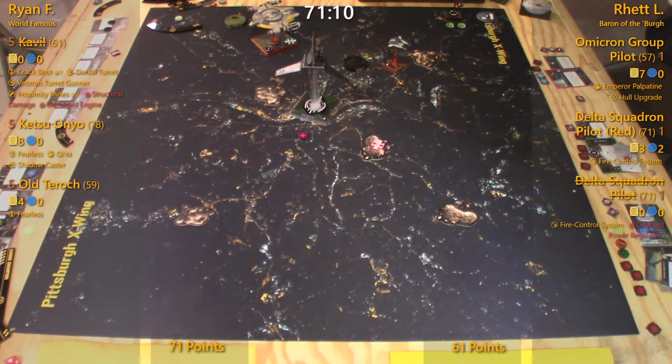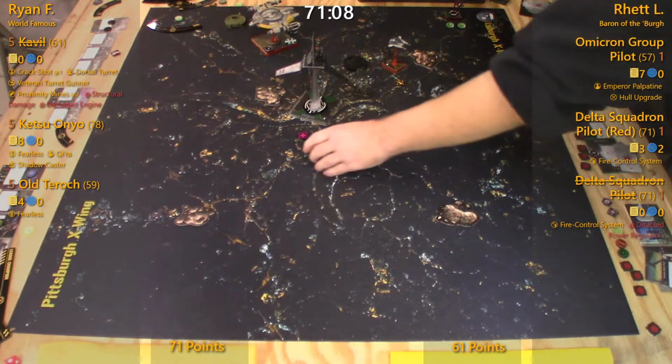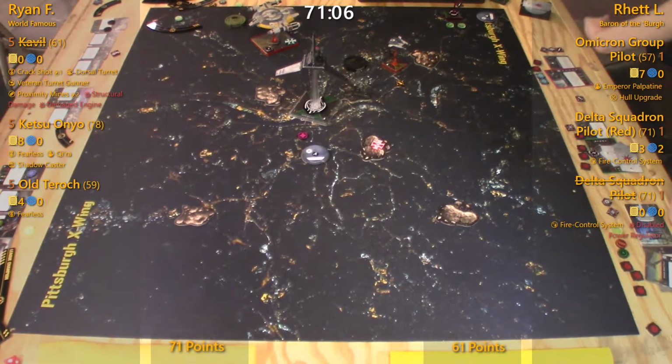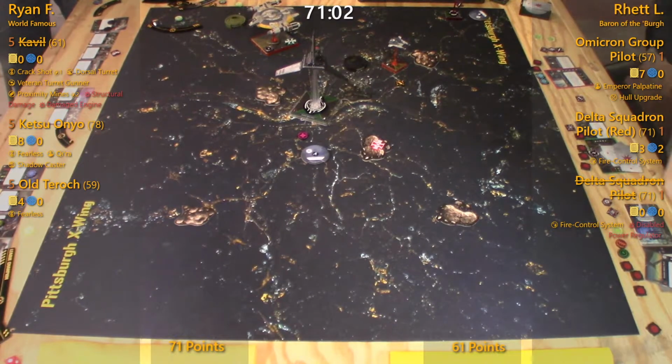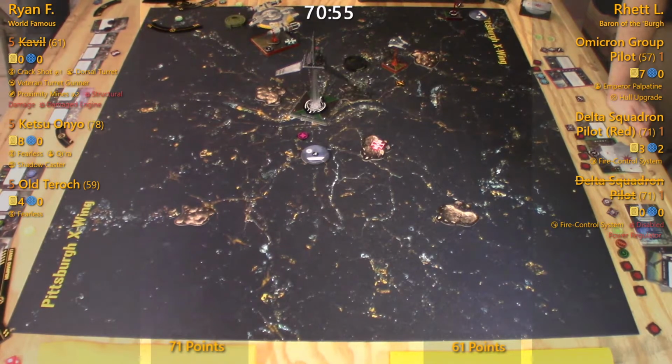I'm not sure which direction I would go with old T Ryan here. He has so many options, and Rhett's doing a good job of trying to keep them split up. Yeah, that's a great point. If they get back together and get focused on the defender, it's just going to say, ow. Yeah, and Rhett's playing very defensively, just like he needs to, because until he gets rid of Old